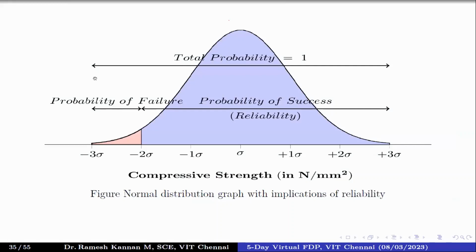This is the total probability of 1. This is the normal distribution, from minus 3 sigma to 3 sigma. And I think if you are a teacher, you probably know this when you do relative grading, like the percentage of your class and the percentage of failure in your subject. But this is applicable to the compressive strength test also. We can bifurcate them into two: probability of success, what we call reliability, and the other, which we call probability of failure. So this particular left side of the curve will determine the reliability of our test.